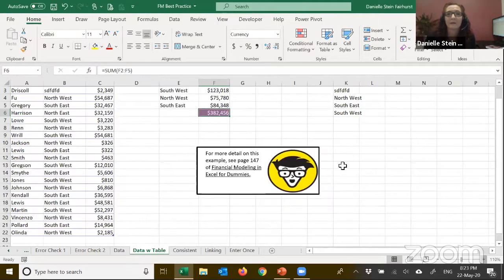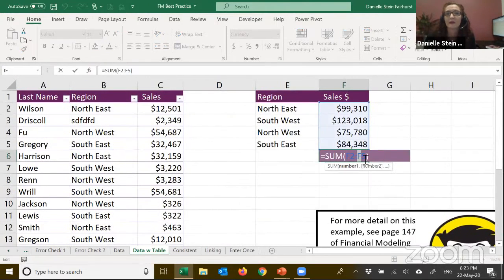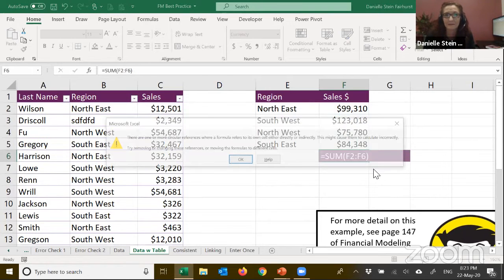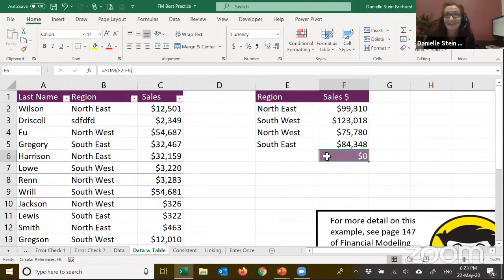Let me make that a little bit bigger. If you've got a formula that looks like that, and let's say that was F6, a really simple example of a circular reference. A circular reference basically means a formula that's linking to itself. Like I said earlier, if you have a circular reference in a model, you need to find it and you need to kill it.